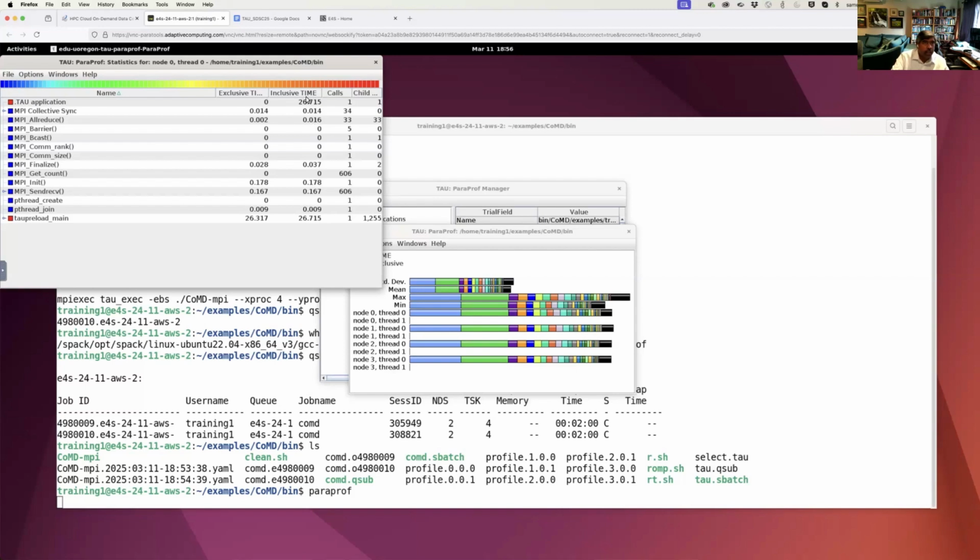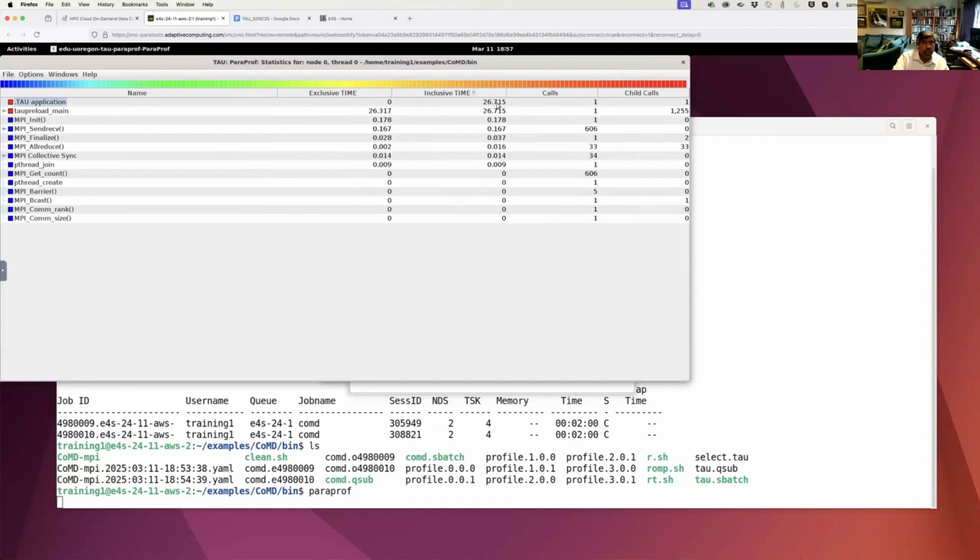So here, I see the inclusive time, the total time in the application is 26.7 seconds. This is MPI rank 0, thread 0. The time wasted in MPI collective operations, in an MPI barrier, is very little. It spends, say, 0.1 seconds in MPI_Init, 0.03 seconds over here. I can click on this and sort it, click on it again. And what this is showing me here, let me just expand this window, is that